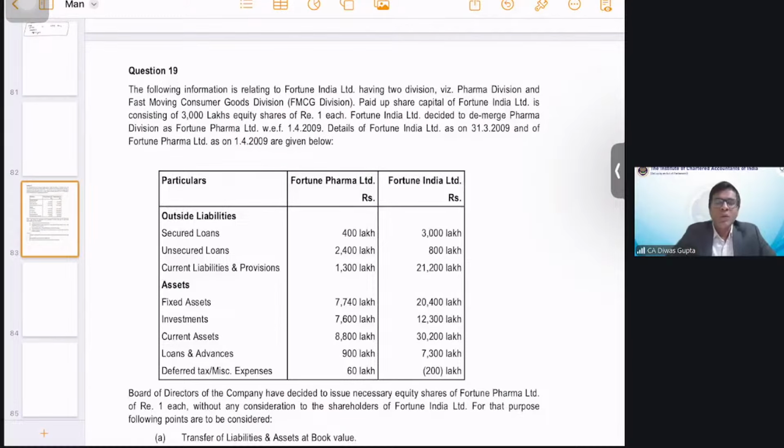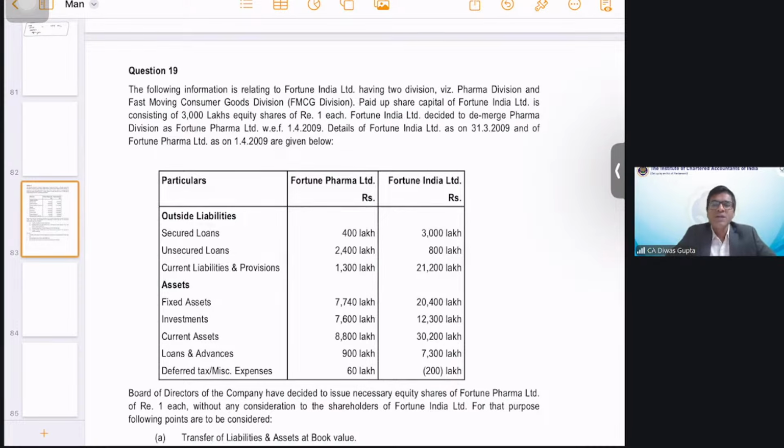So students, let's start with question number 19 first. Both questions, question number 19 and 20, which are the two questions of today's class, are very unique questions in the way these similar sort of cases are very different from the ones that we have discussed till now. So coming to question number 19, the following information is related to Fortune India Limited having